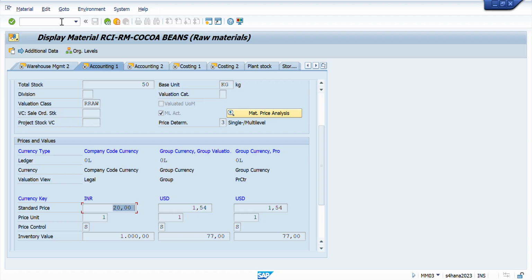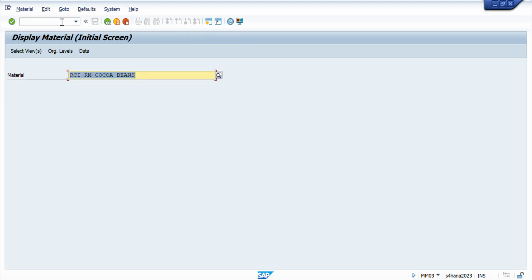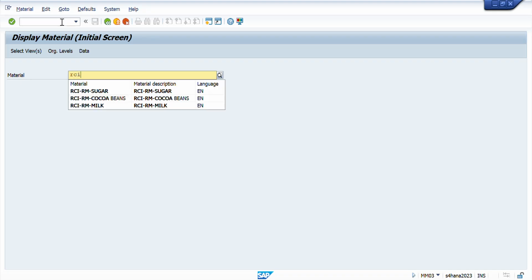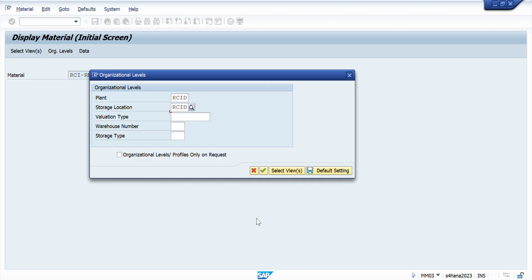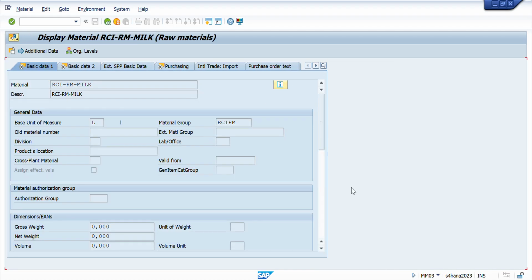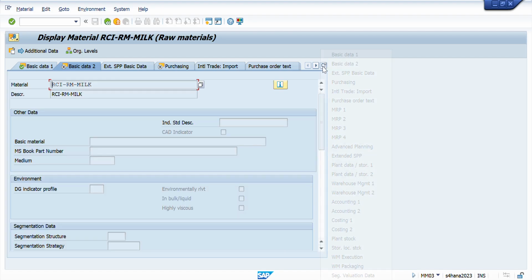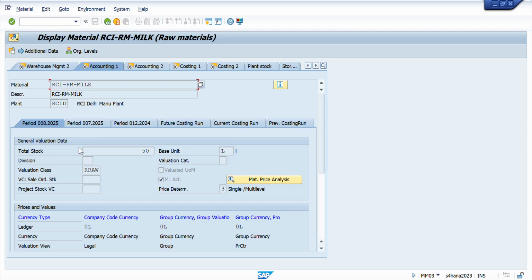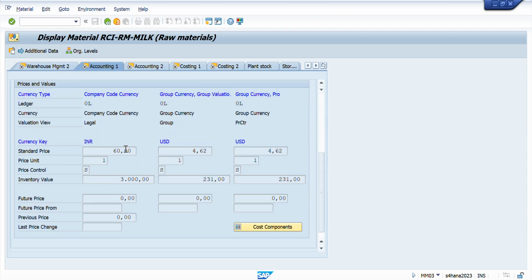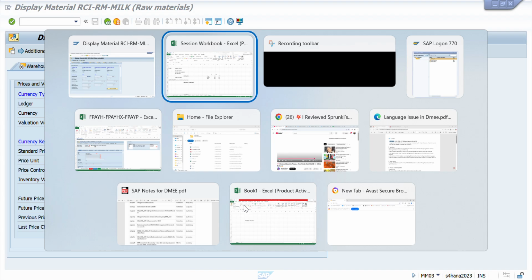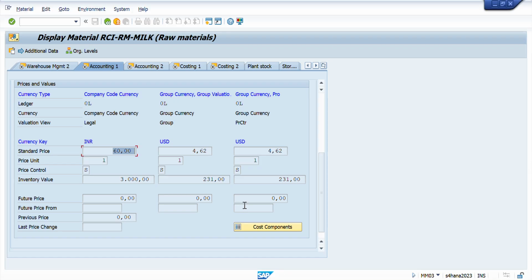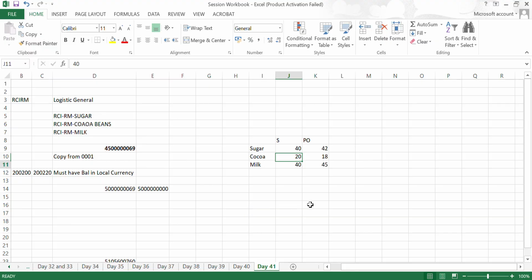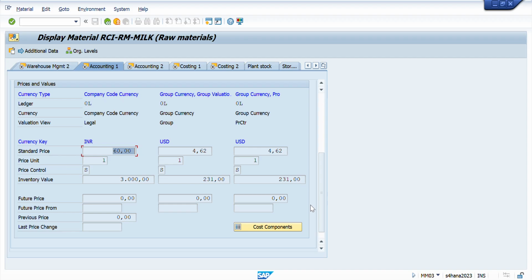Excel as well. Next material that we want to see is the milk one. Going into the milk, enter for the RCID plant and storage location, checking in the accounting 1 tab view. We have the standard price as 60. Let's put it over here as 60 that we have provided,